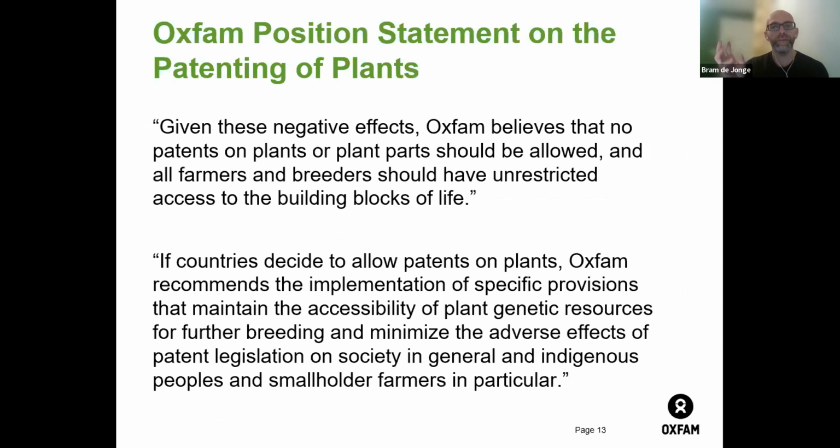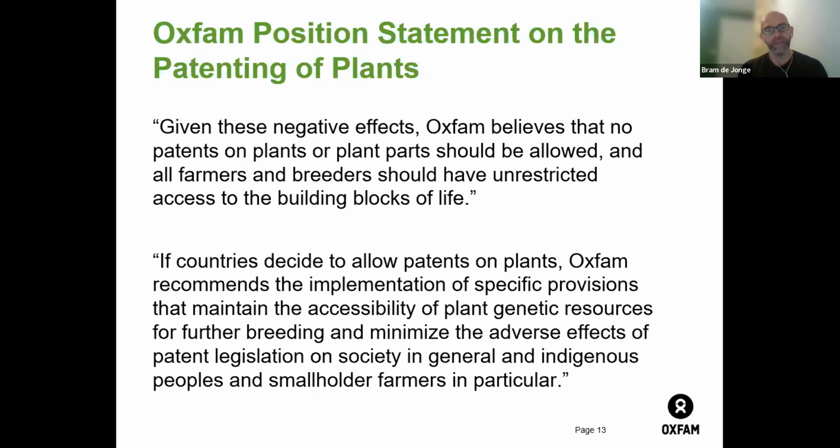So for all these various reasons, Oxfam believes that no patents on plants or plant parts should be allowed, and that all farmers and breeders should have unrestricted access to all the building blocks of life. But then, as we see that many countries do allow for the patent of plants, sometimes explicitly, sometimes more implicitly, as Professor Correa explained,